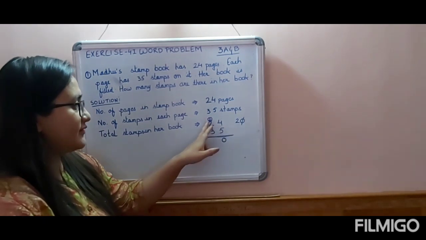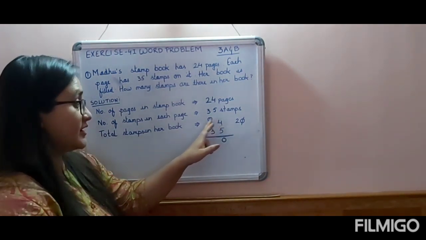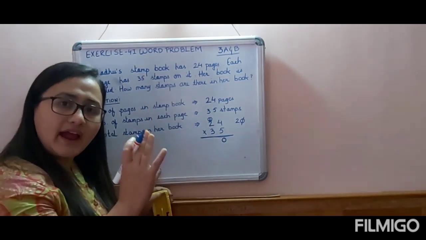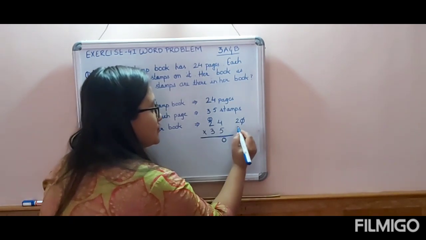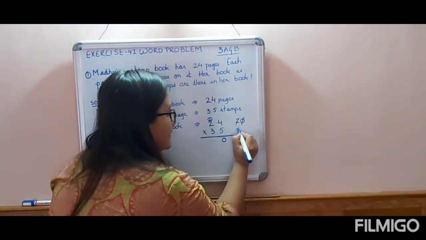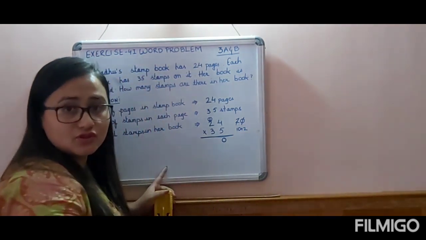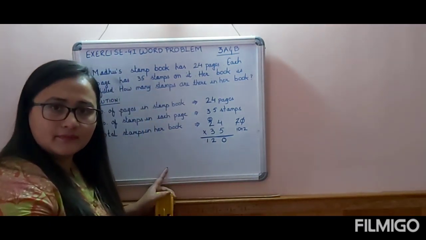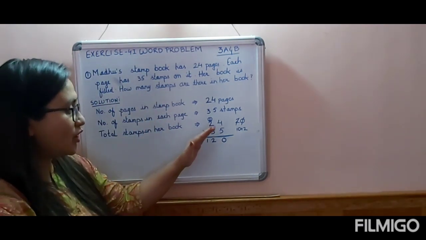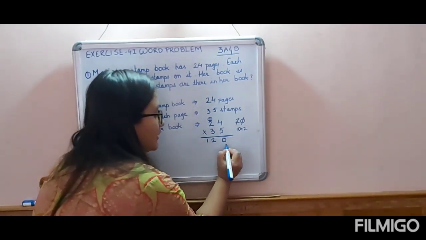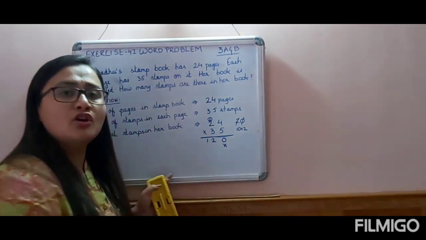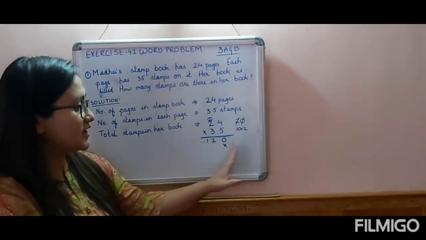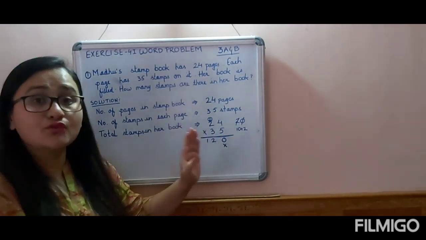So 5 ones are 5, 5 twos are 10. There is a 2 that you have carried over, and you have to add that number. 10 plus 2 is 12. So you will write 12. And when you move on to the next step, you have to put again one multiplication sign in your ones place. Then only your multiplication will be correct. You cannot straight away write again. You have to put 1 because we are done.